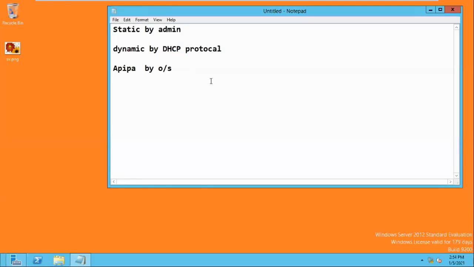The range of APIPA addresses is 169.254.0.0 to 169.254.255.255. This is the range. Clear?